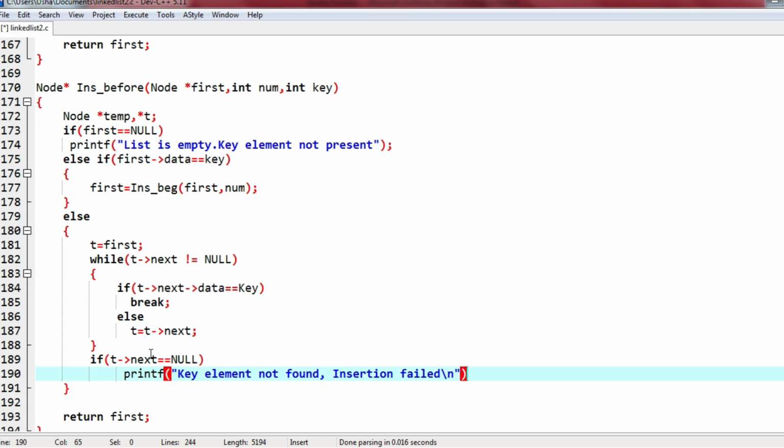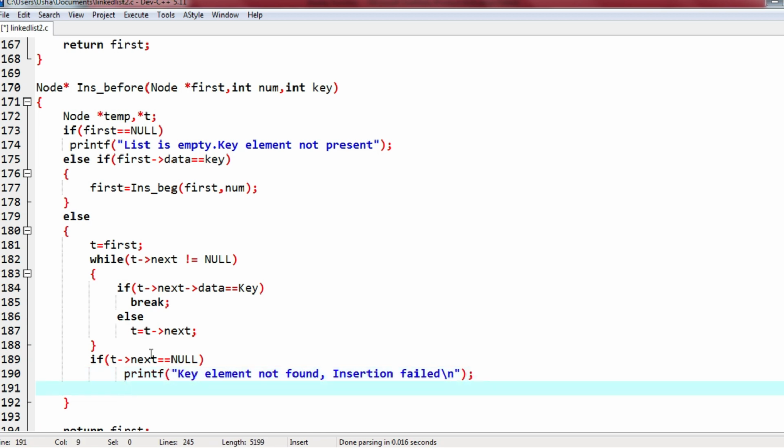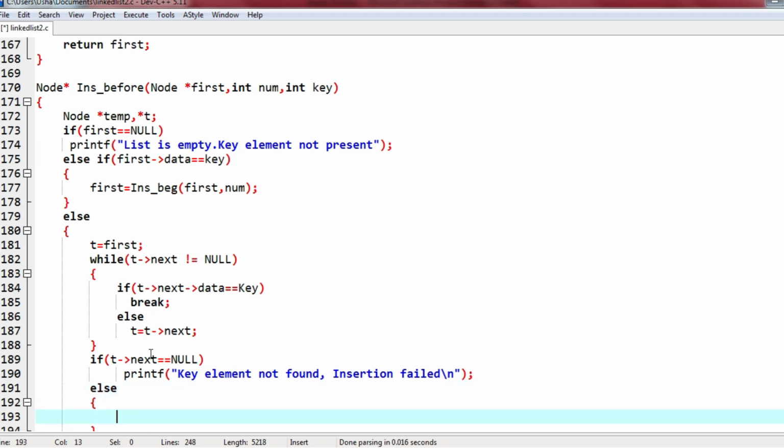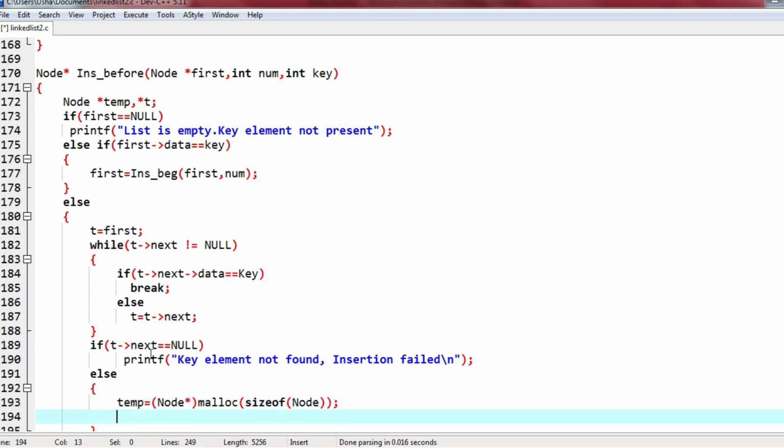Okay, else means t next is not null, it means we have not reached the end of the loop but still we have come out of the loop. It is because the next element's data is equal to the key element, t next data equals to key. Now here I will create memory for the node. Okay, malloc size of node, temp data equals to num.